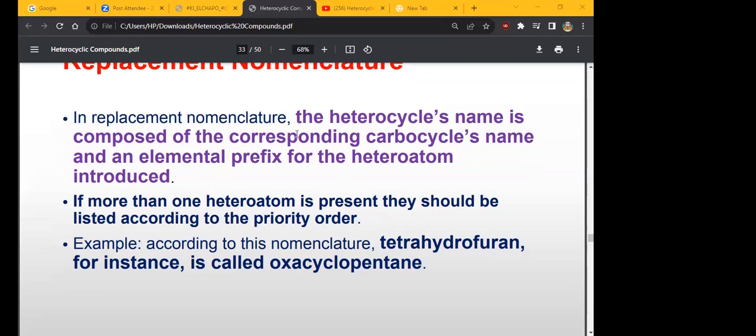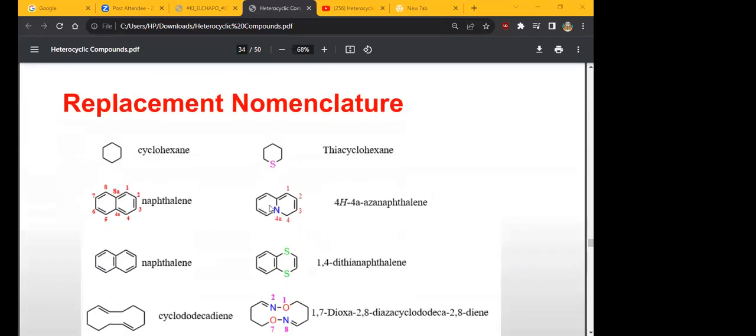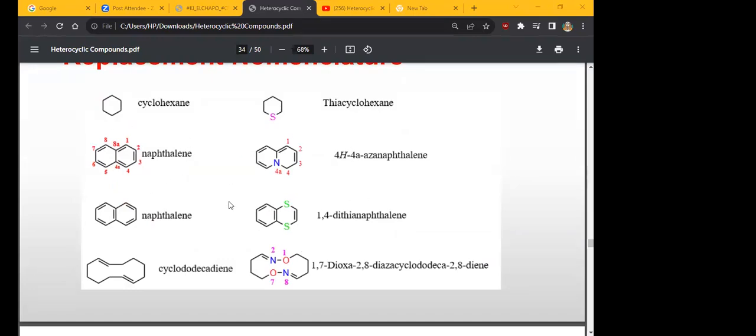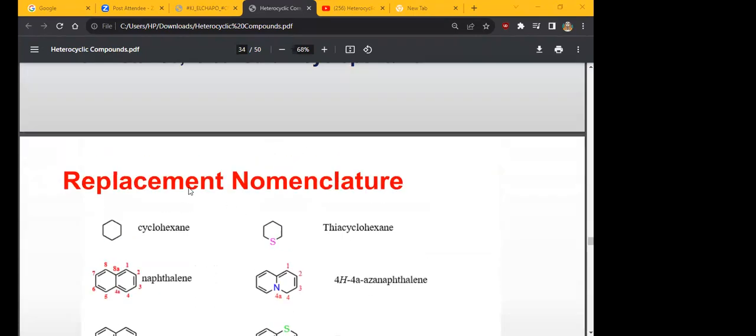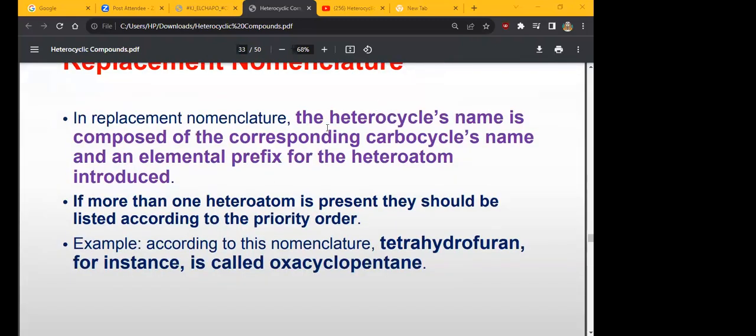Okay, in replacement nomenclature, the heterocycle's name is composed of the corresponding carbocycle's name and an elemental prefix of the heteroatom that has been introduced, literally what has just been explained in the video. Then for polycyclic rings, you start naming first the heterocycle's name, the one with the heteroatom, then followed by the next